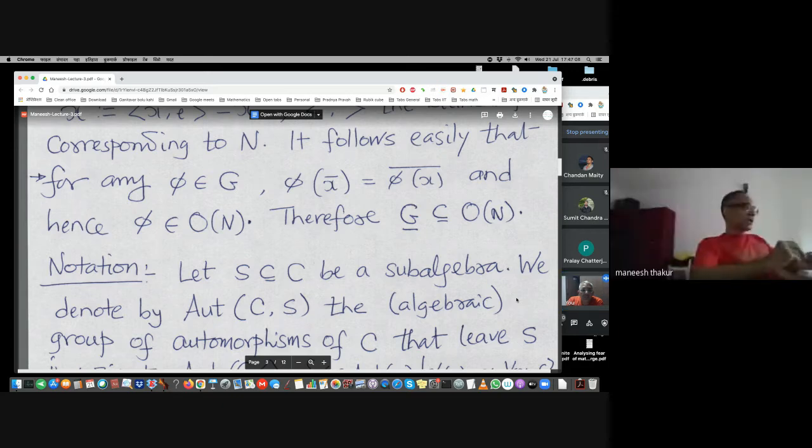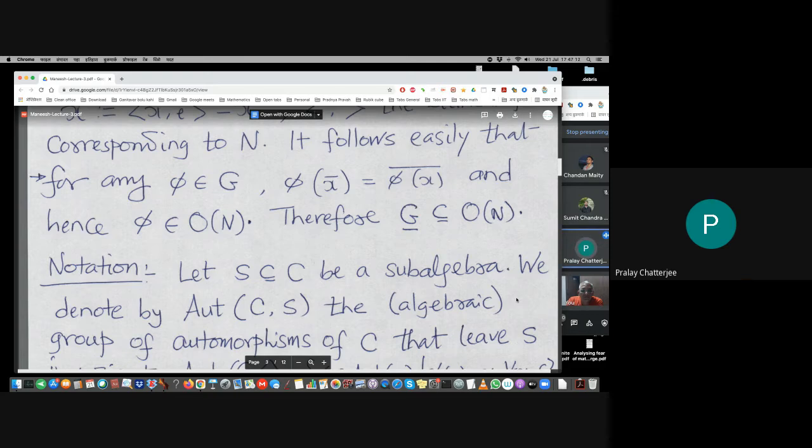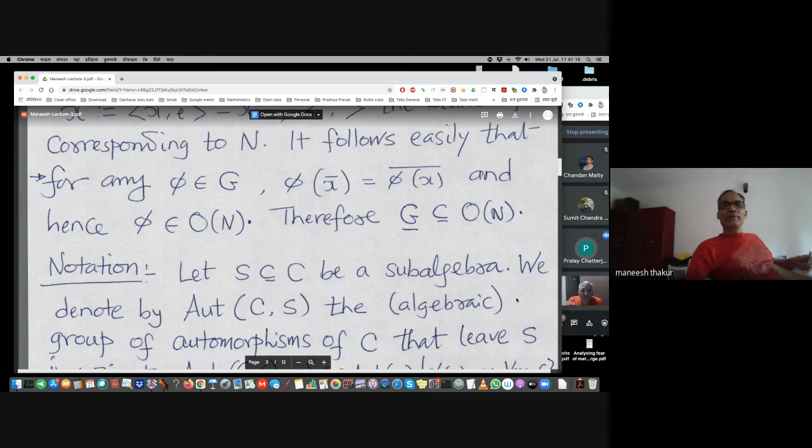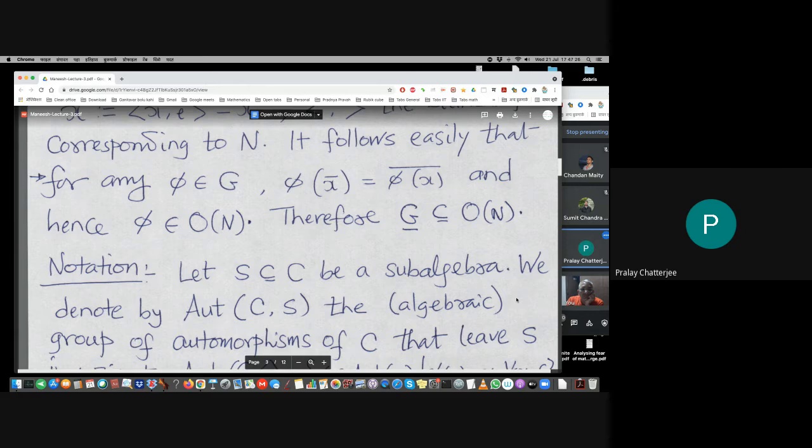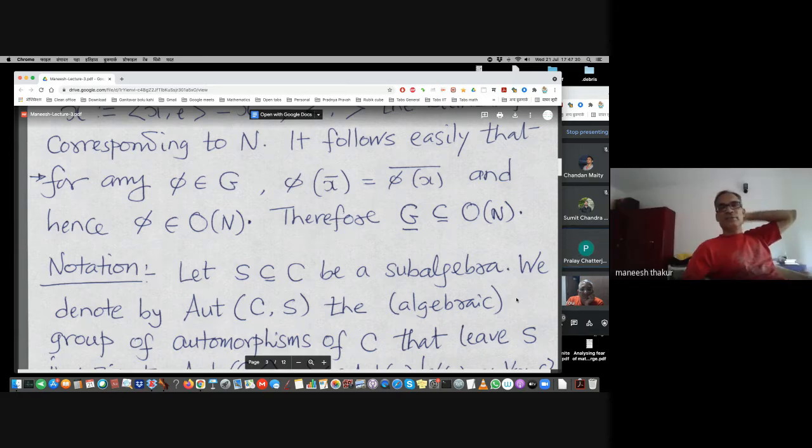No, Pralay, all that can be done. Let's pass that. I guess all that can be done. I'm hoping so. But it is not clear from whatever you have written. You should look at Springer's book on octonion algebras; there is a proof for that. Right. So there are some subtle points involved. Yes, there are lots of subtle points which I have not brought out.